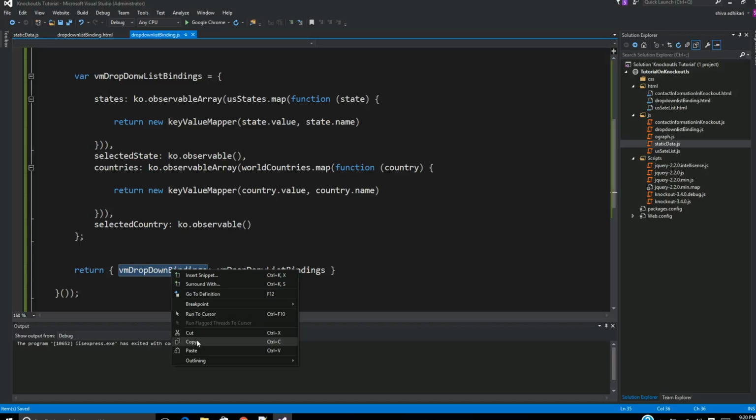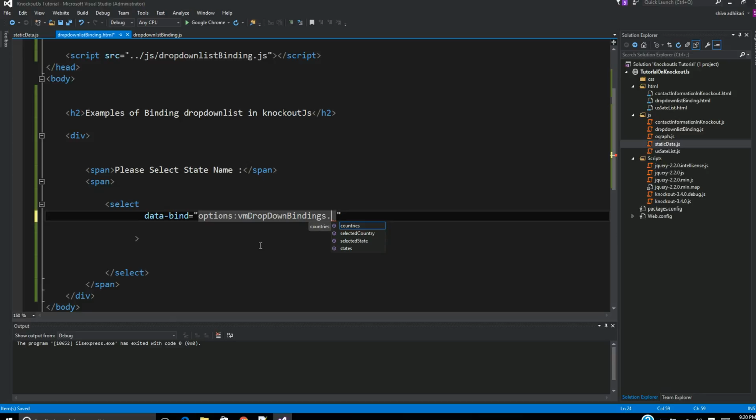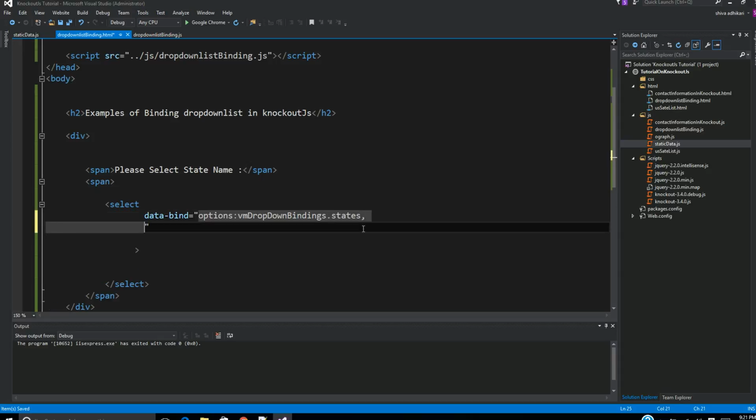So I can go into my HTML. The good thing is it has a feature. It automatically identified, oh okay, here you would like to bind with a state. That is where our data are stored. And then the next thing we would like to have here,